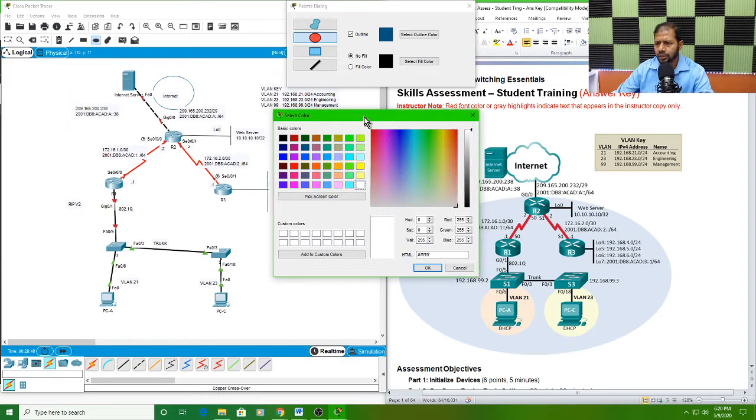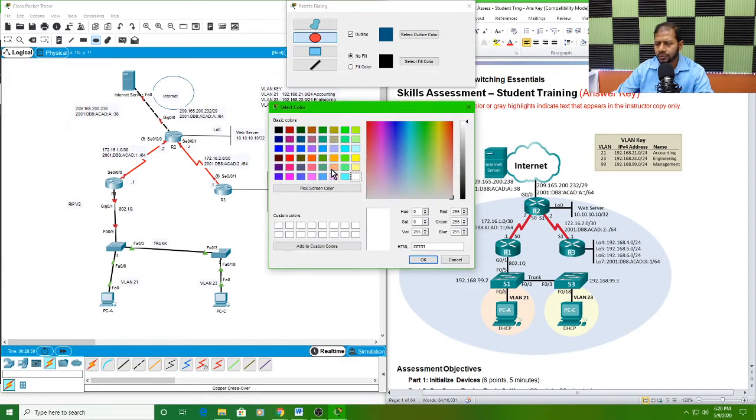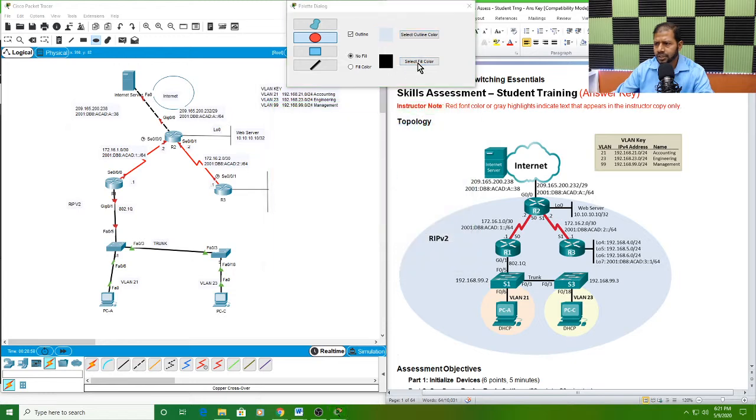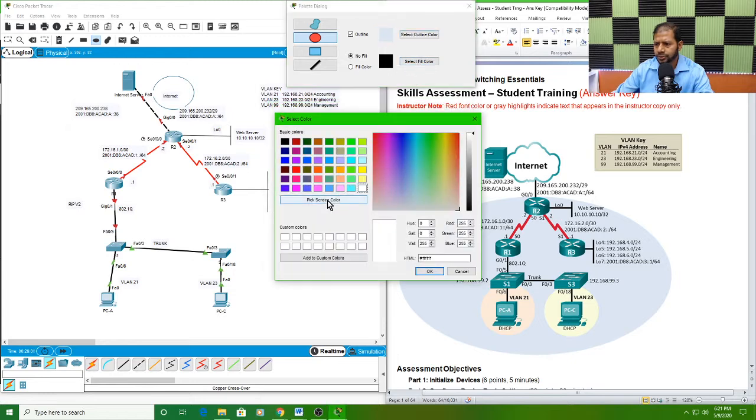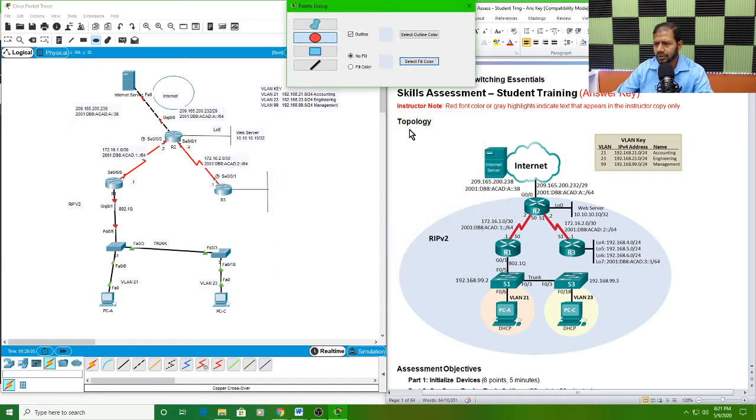For the outline, I'm gonna pick the screen color, click on here and pick this color, exactly that kind of color. Okay, then I'm gonna select the fill color. Fill color would be also, pick the screen color, choose that color. Okay, so now I have chosen this color. Now I made sure I selected circle. So then I'm gonna do